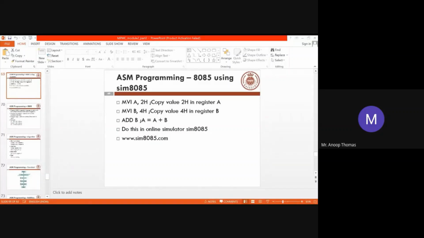Just go to SIM 8085 and type those things which are shown in the slide in the main.asm place, and we will see how programs work. So in this particular program, you can work on it by yourself.